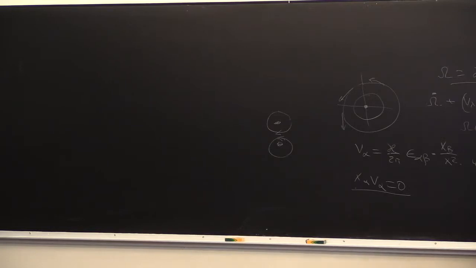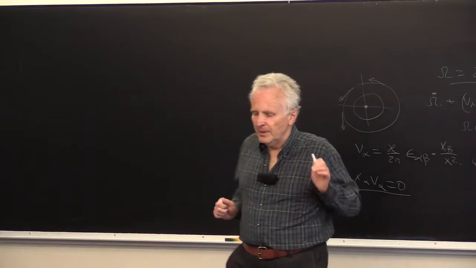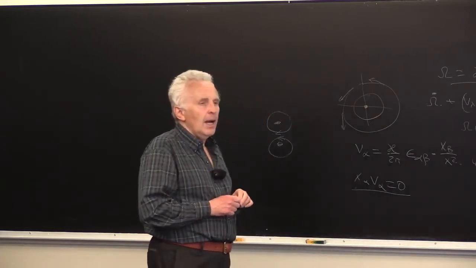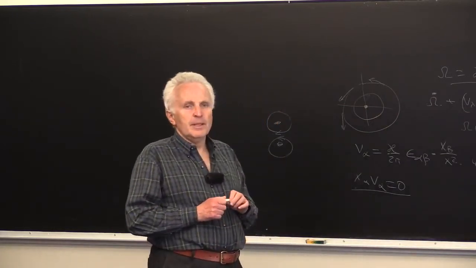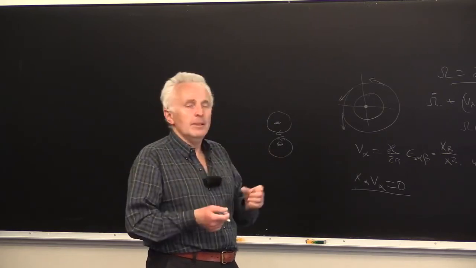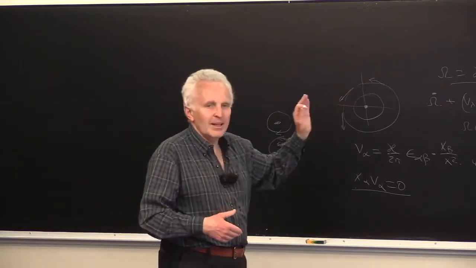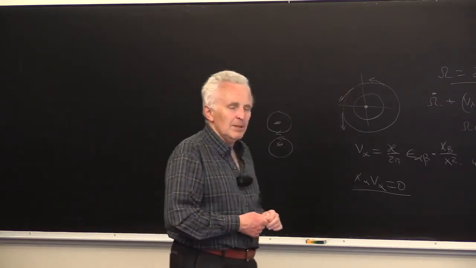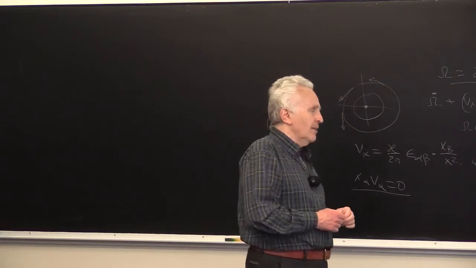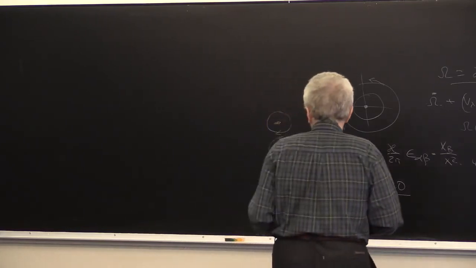In any case, here we have something different. And what I want you to do is to try to define the phase space. I can tell you in advance that the system is Hamiltonian, but you try to figure out what the Hamiltonian is and what the phase space is. What would be natural?